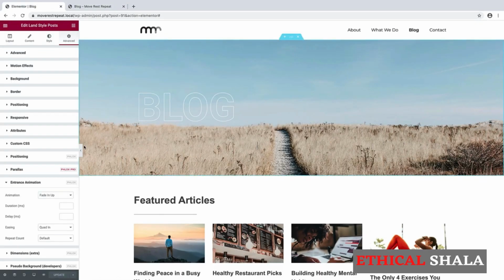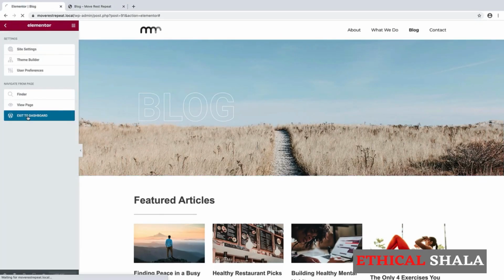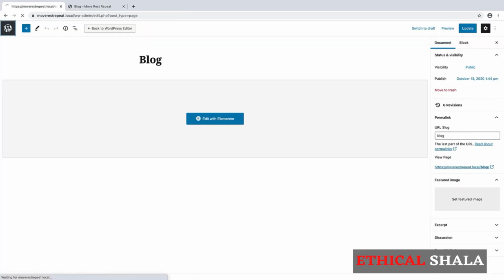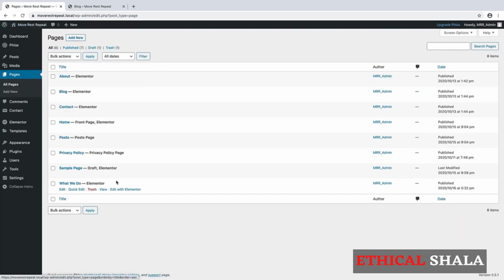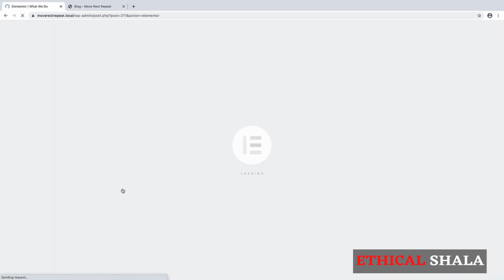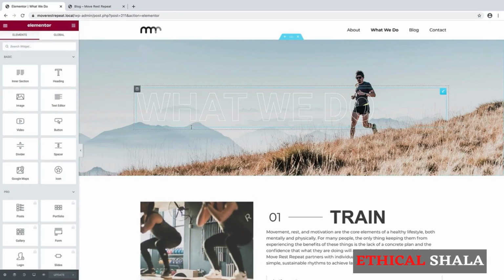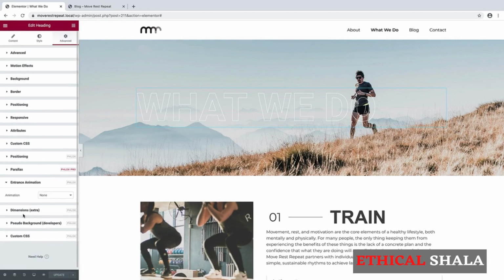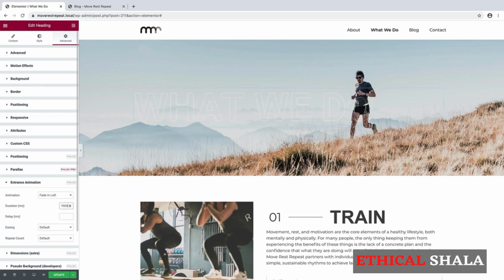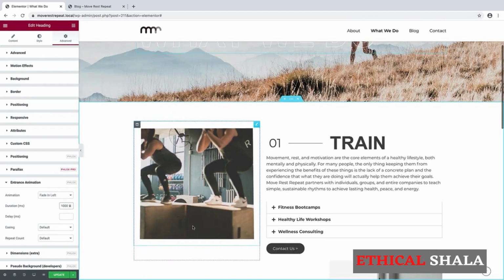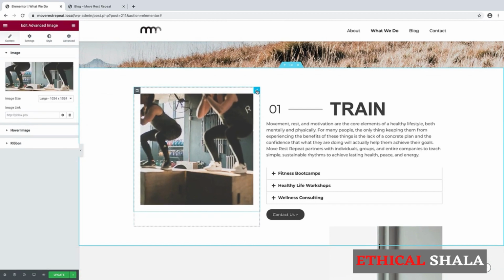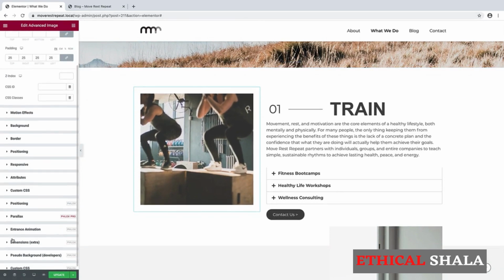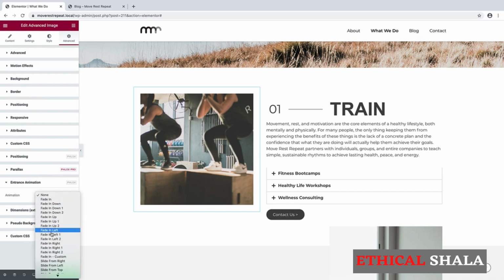All right, we've got one more page here. Let's go back to our dashboard, back to our pages, and open up our What We Do page. All right, we'll head up here, click Advanced, Entrance Animation, fade in left, change our duration, and come down here. Now for our photo on the left, we'll do that same thing. We'll fade in left,